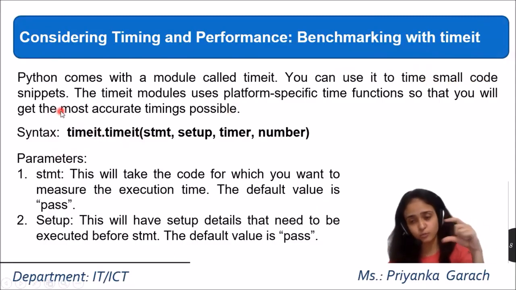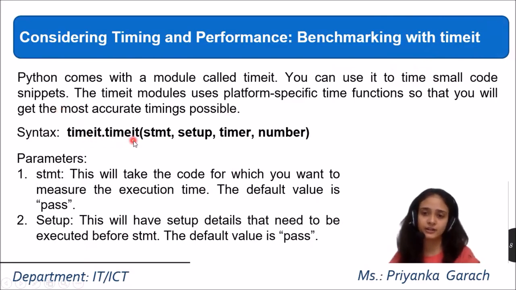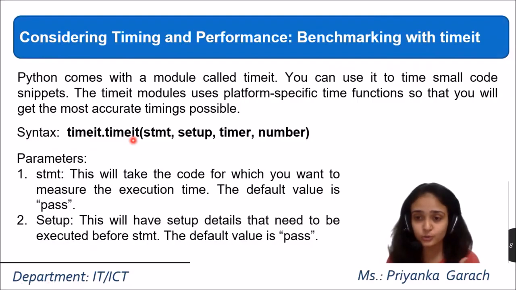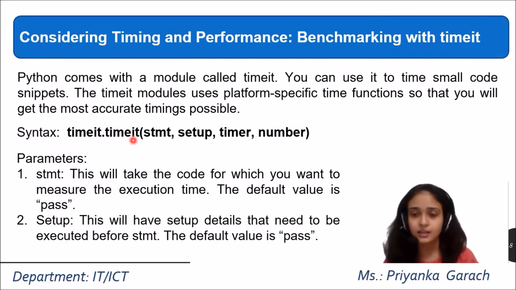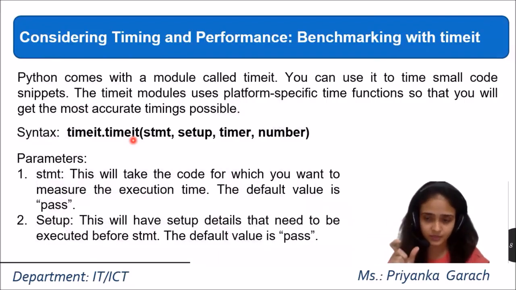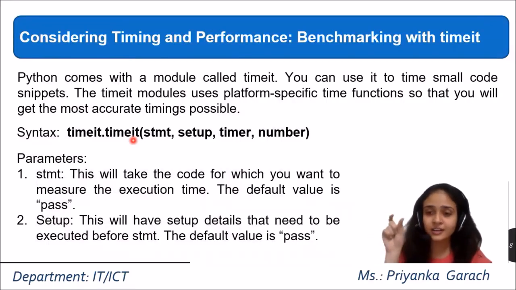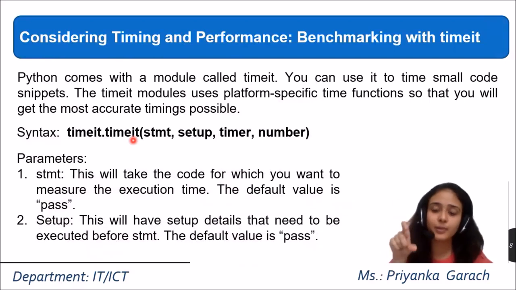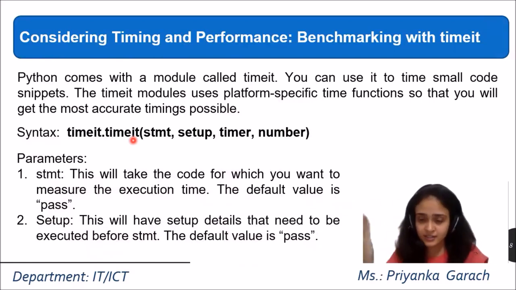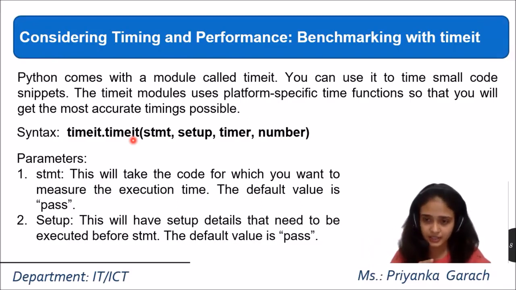It means for small code only, this timeit function is useful. What will it return? It will return the processing time in seconds. Suppose I have one for loop and I'm executing that particular for loop 10,000 times. Then after running that particular cell in Python, after how many seconds my output is displayed in the output cell, that is called the processing time.